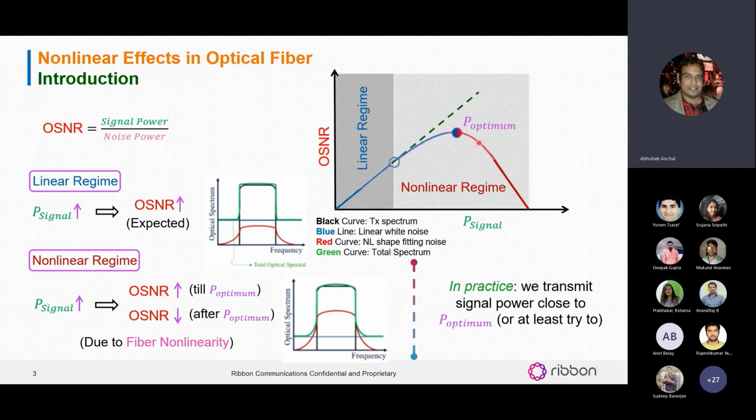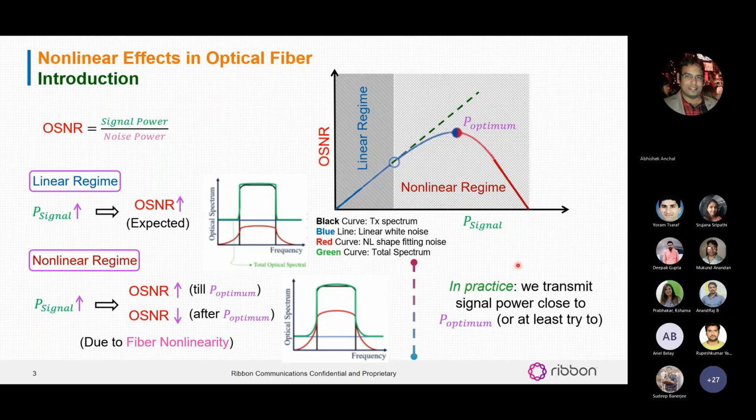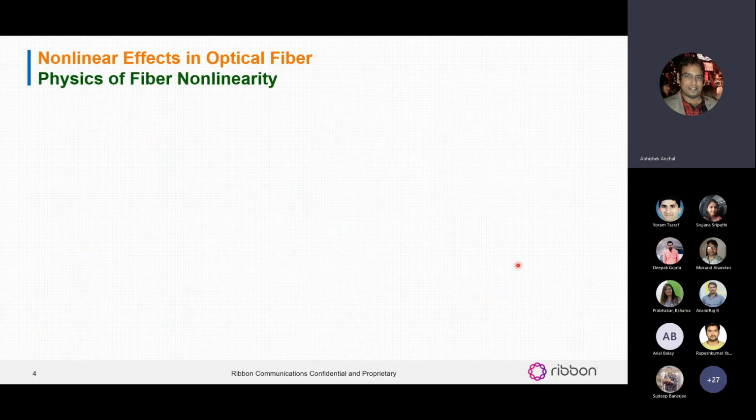Means we try to transmit as much power as possible, the maximum power we can send, to get the maximum OSNR, or at least we try to do that. Whether we're successful or not, that's another picture. So to understand more about how this nonlinear effect happens in the fiber, let's dig down a little bit